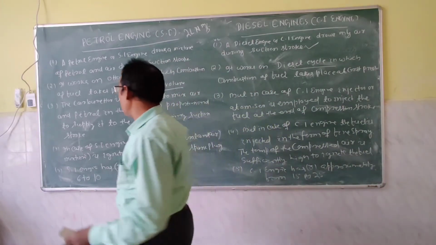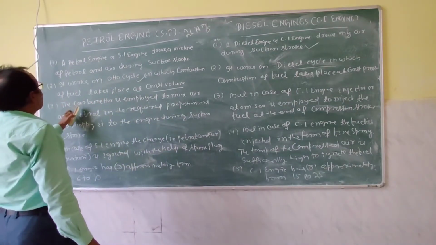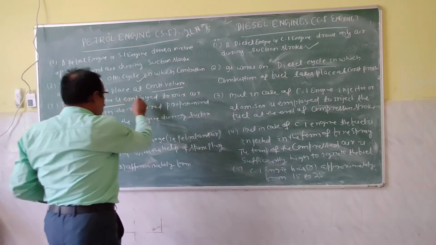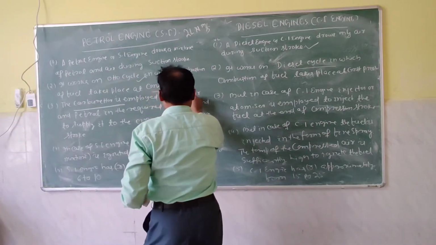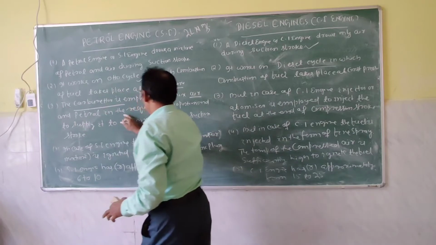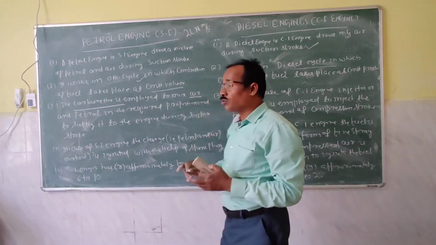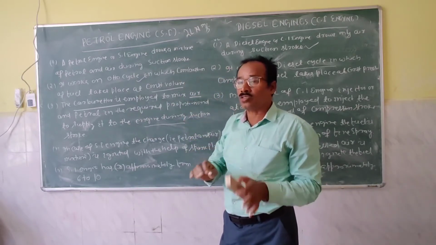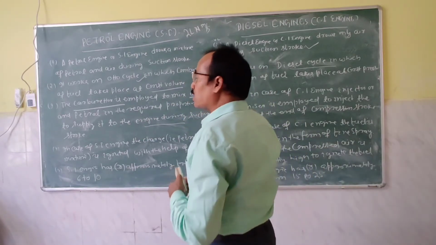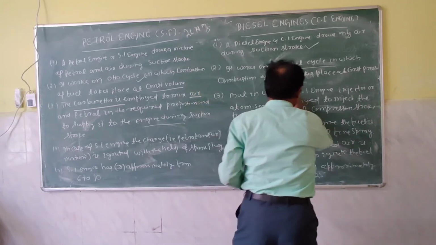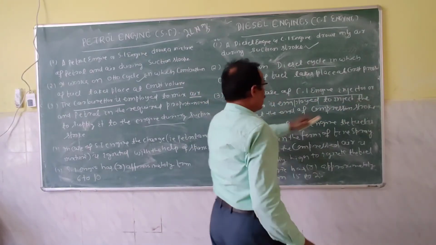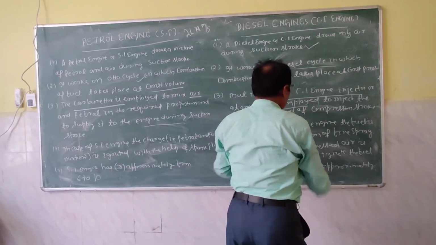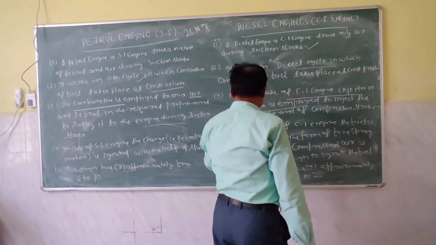The third difference is, in case of petrol engine or SI engine, the carburetor is employed to mix air and petrol in the required proportion and to supply it to the engine during suction stroke. But in case of diesel engine or CI engine, injector or atomizer is employed to inject the fuel at the